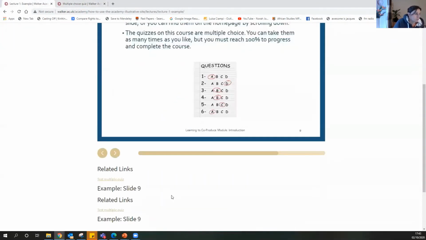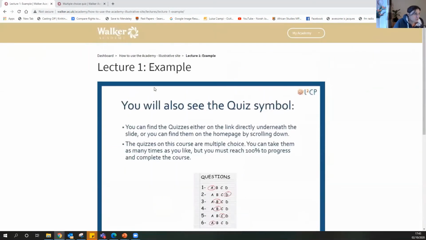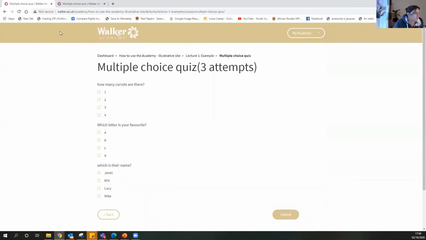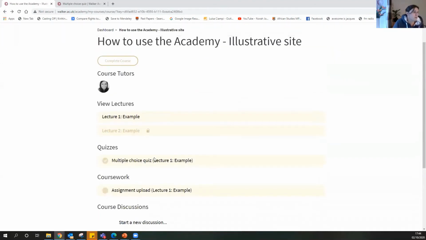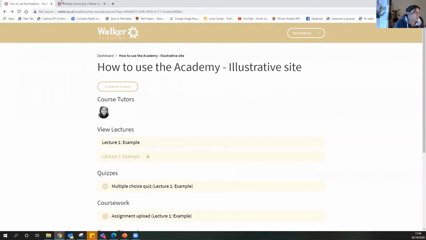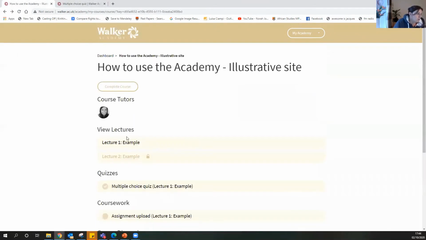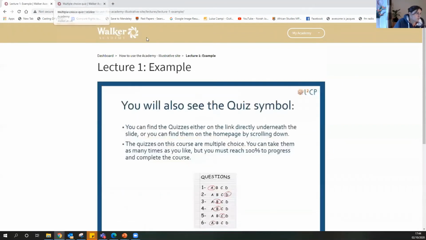If that link doesn't work for some reason, what you can do is navigate back to the Academy site and then you'll be able to see the quizzes here. And again, you can open up the quiz through this function. Hopefully this won't be a problem, but if you do get stuck, that's a good way to navigate around if the link is not working. So if we head back to the multiple choice quiz,